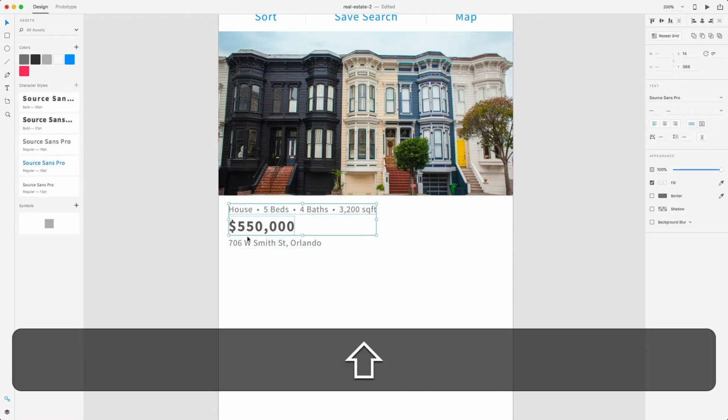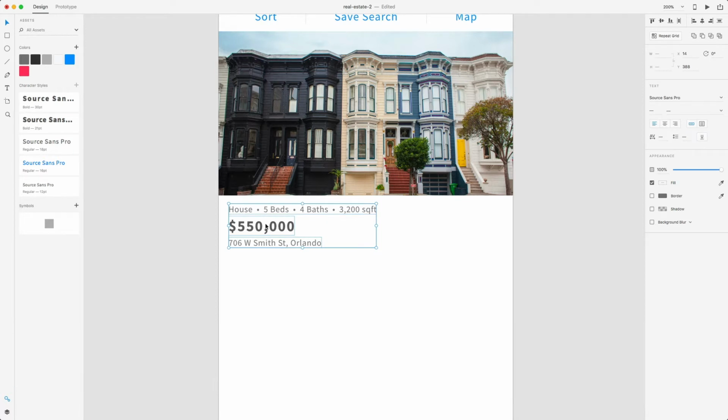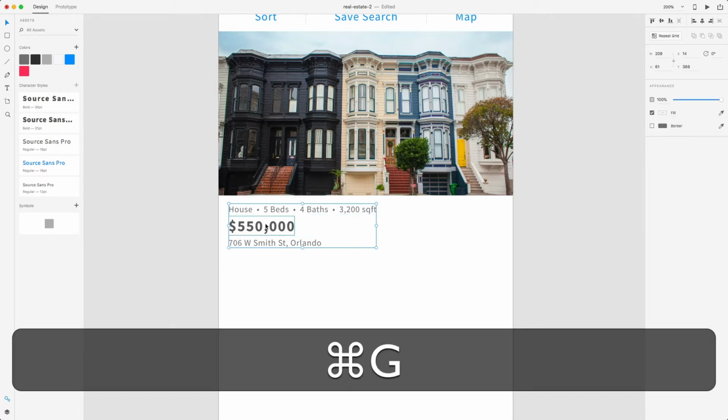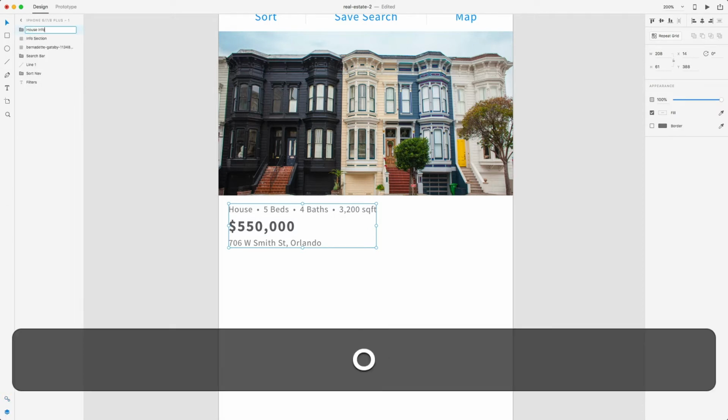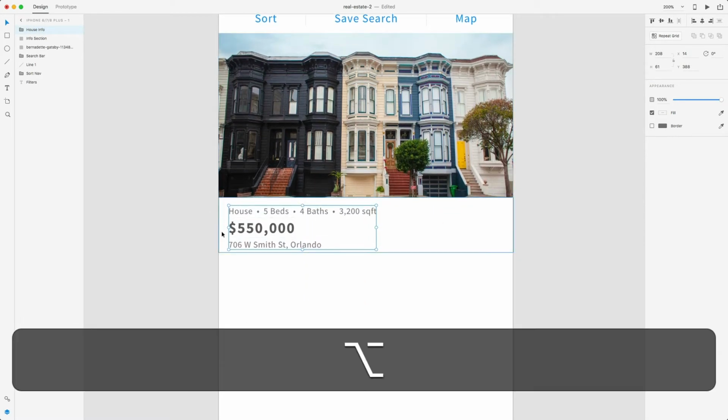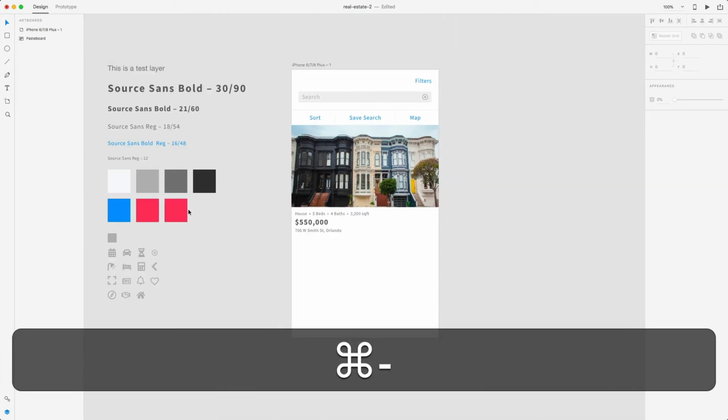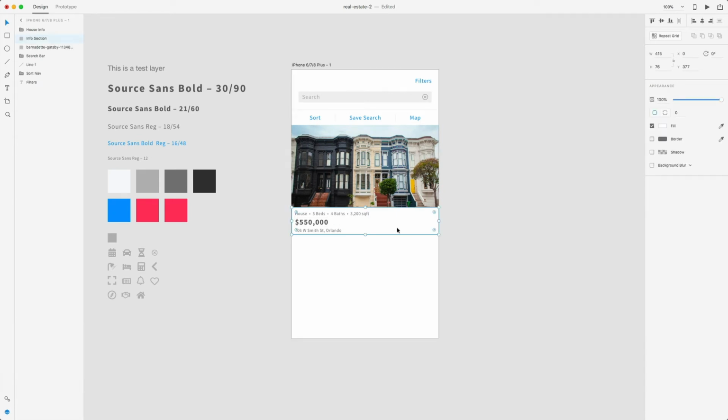Awesome. Then we can select all these text layers, Command G to group them, and we can just name this group House Info. And let's move it about 10 pixels from the left corner, and then 10 pixels from the bottom of this. Awesome. So let's go ahead and add a shadow to this card down here in order to give it some